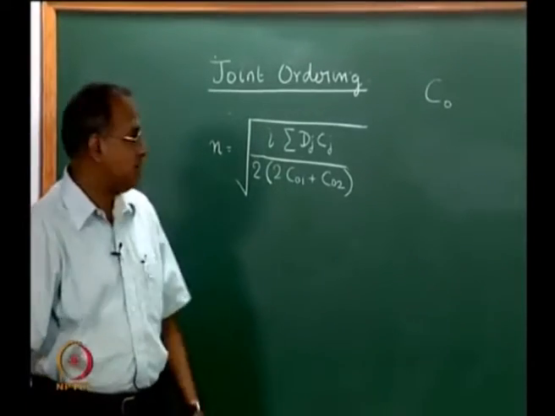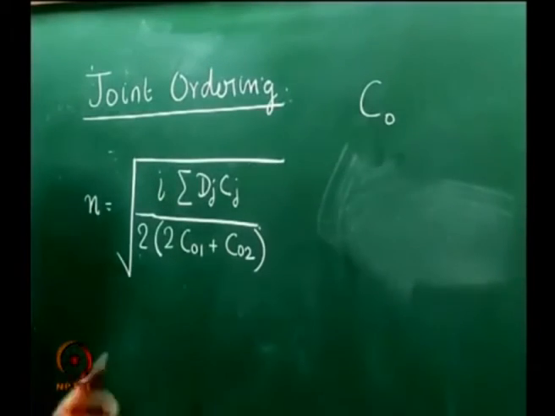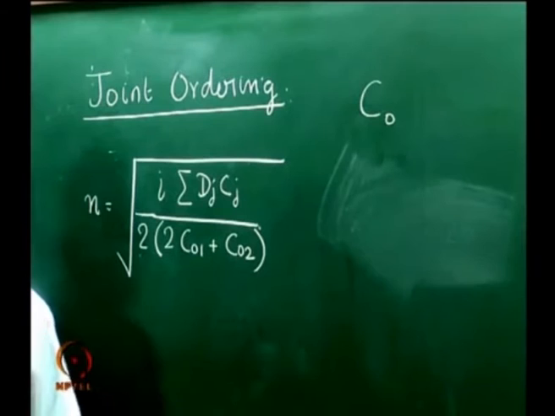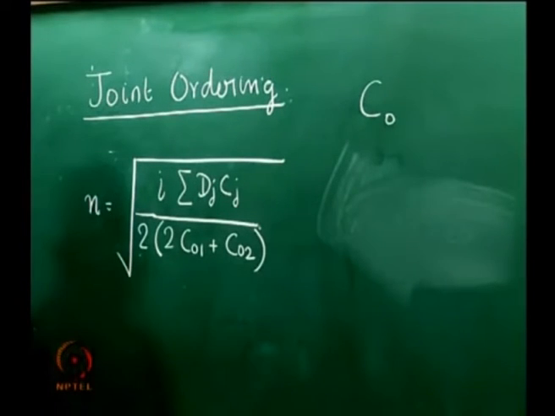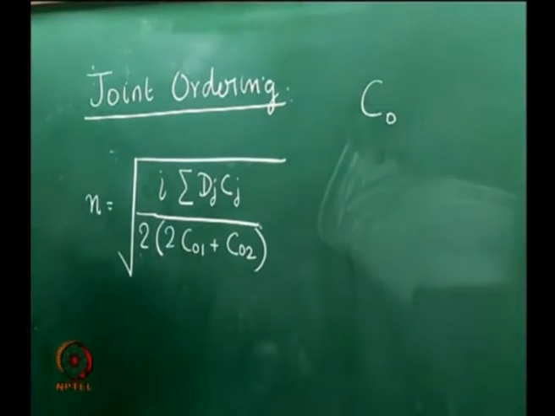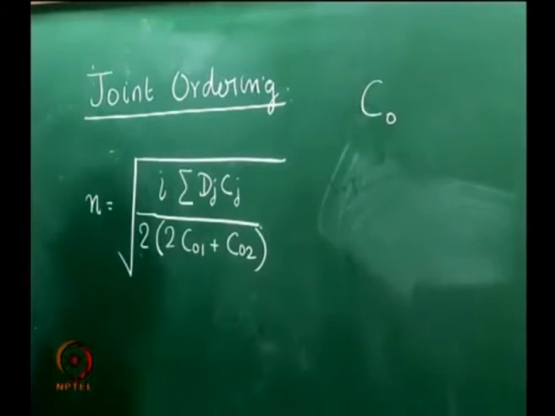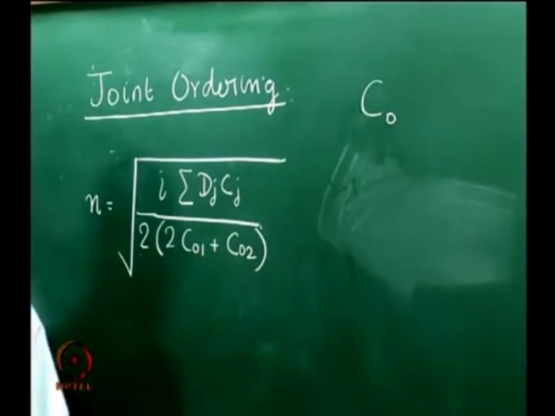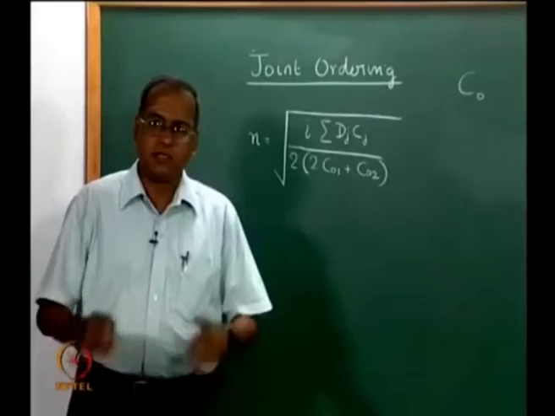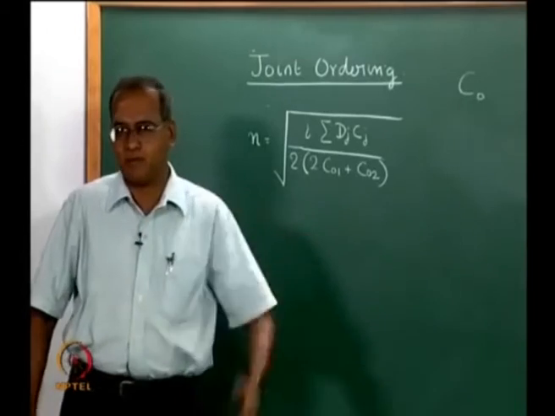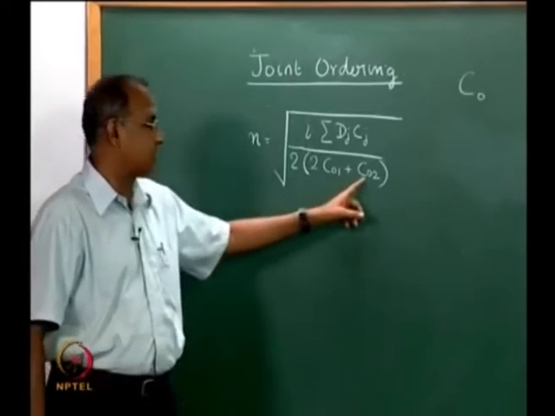Now, the order cost, which was originally defined as C naught in our earlier models, now has two components, one called C01 and the other called C02. C01 represents the admin cost and C02 represents the truck cost. Now, if the items are ordered such that the number of orders per year for each item is the same, which means the orders are combined, then it is possible to save on the truck cost.